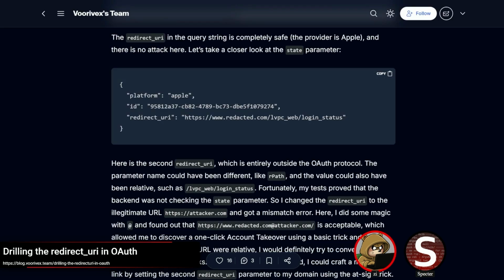So yeah, fundamentally, a pretty easy issue here. It's that state containing too much, or containing a separate redirect URI that isn't getting the same level of treatment that the normal redirect URI was.